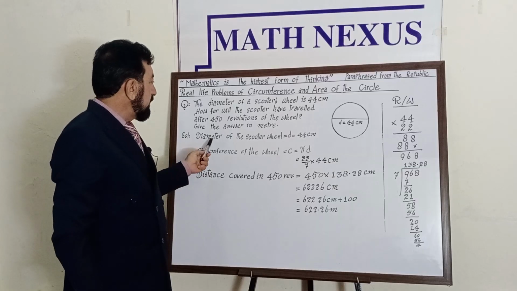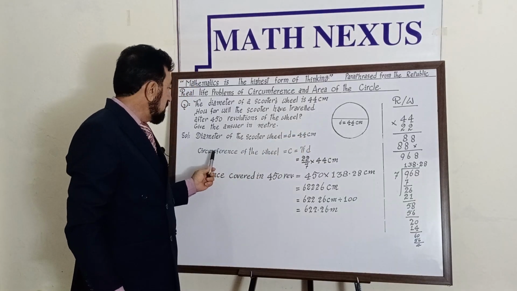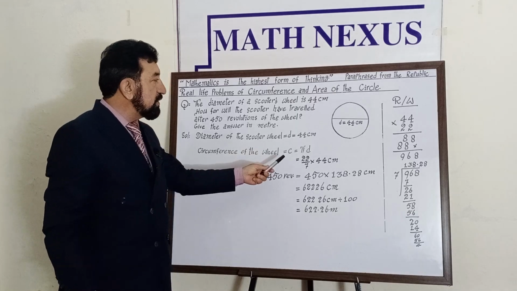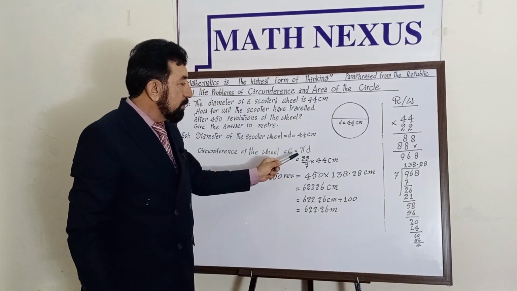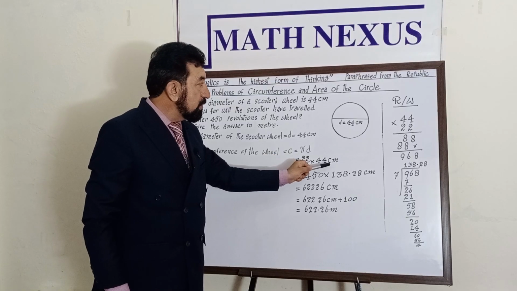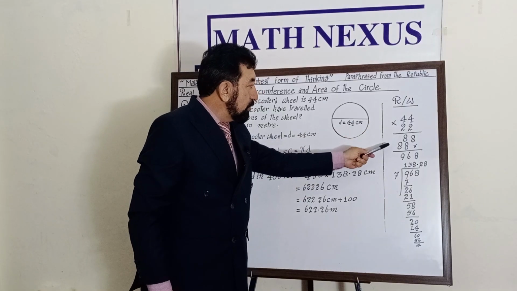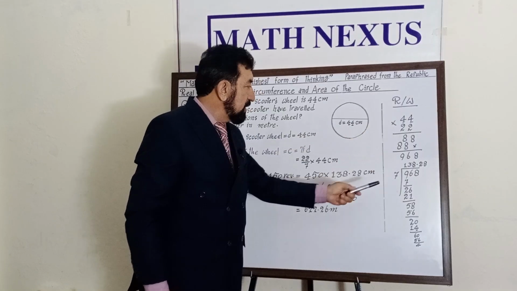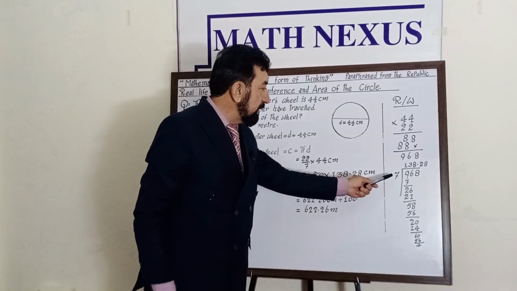Solution. Diameter of a scooter wheel is D equal to 44 centimeter. Circumference of the wheel C equal to pi d. Putting the value 22 upon 7 into 44 centimeter. 44 into 22, this is equal to 968. 968 divided by 7, this is equal to